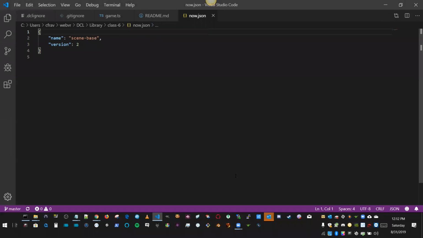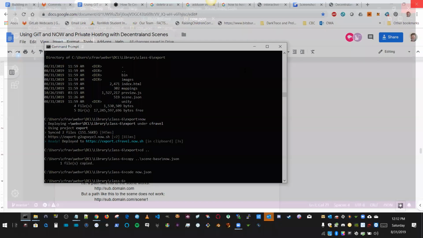It's a very short JSON file, and the most important thing here is what do I want the name of the scene to be on my account on now. So you want to change this, obviously, but if we call it class 6, for example, I saved it, it's in that directory, and now I do